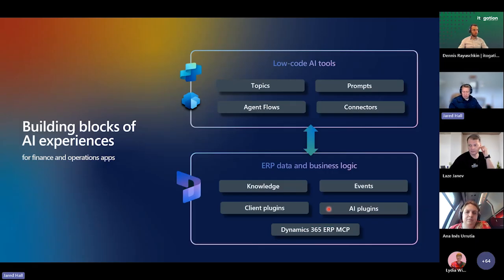A canonical example that we typically use is calculating a customer balance. Something as simple as that requires some code to be run because it's not just a field that sits in the database. It's a runtime calculation: we need to look at the customer, gather some information, run a calculation, and then present that to the user. So we can't just do a get on an OData API to get a customer balance. But we can do that from an agent by invoking that code, using that deterministic logic that's already built into the application, and bring that back as a response to our agent.